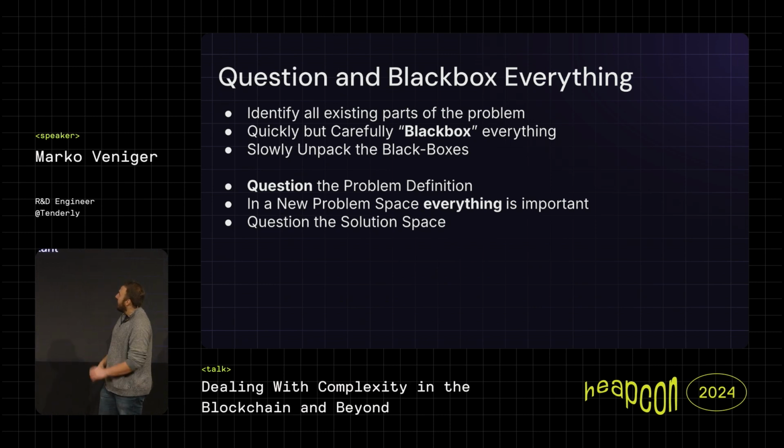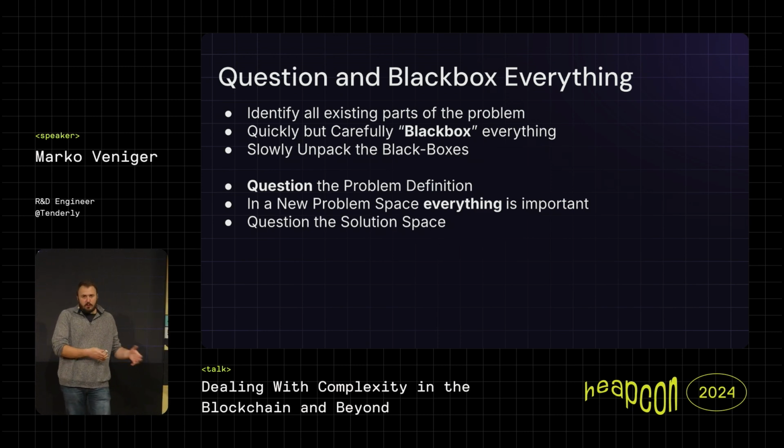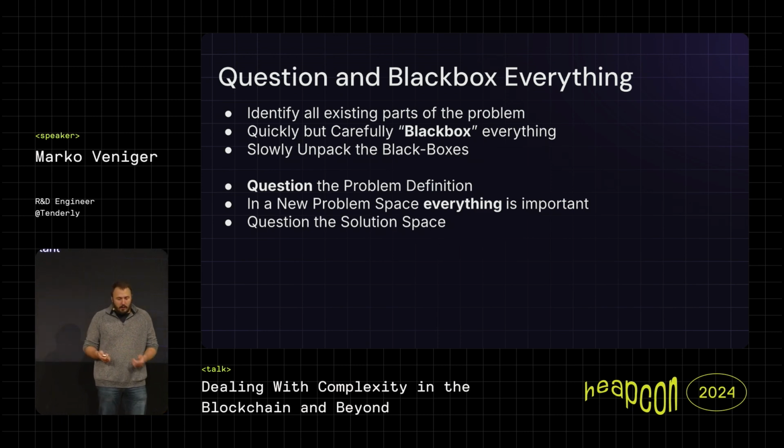Okay, so: question everything and black box everything. The black box part is the first one. Once you're in a new problem space, you have a lot of unknowns. Most of the time, if it's really a difficult problem, you have an extreme number of unknowns that you have never met before. That's usually the definition of a difficult problem. So what do you do? First, you identify all of the parts that you can. In the problem space, what are the parts of the problem that are required? In the input space, what are going to be our inputs, outputs, and what's going to be our solution?